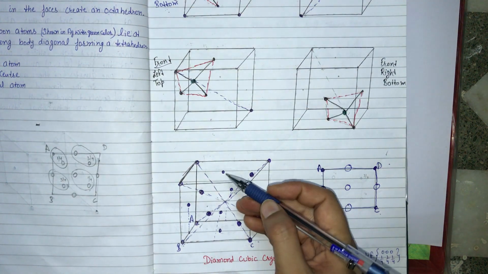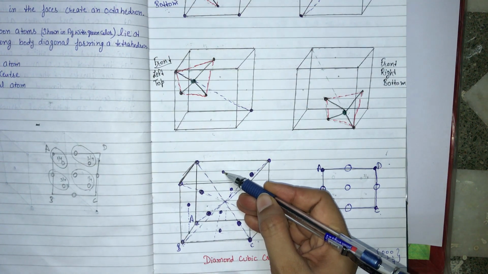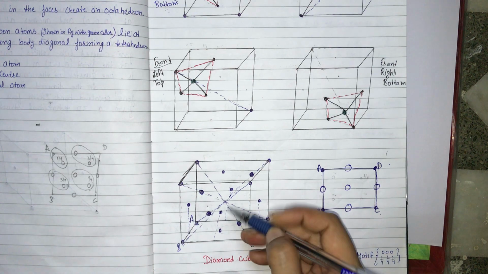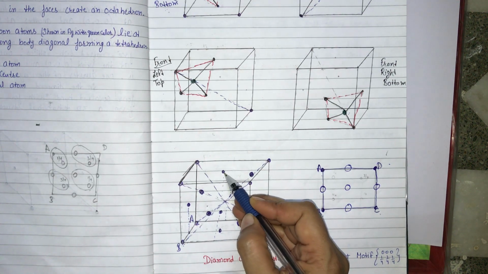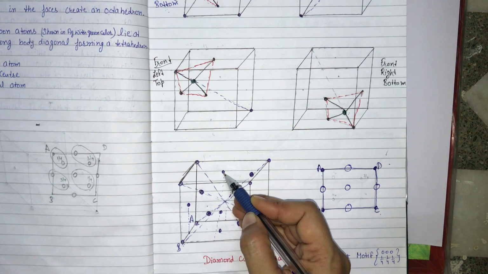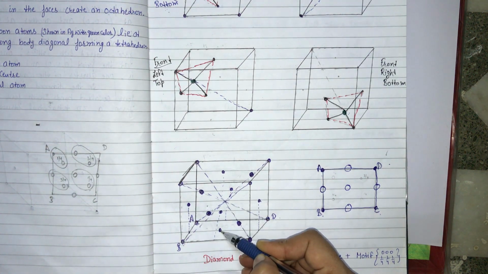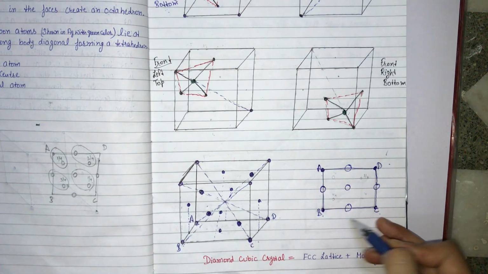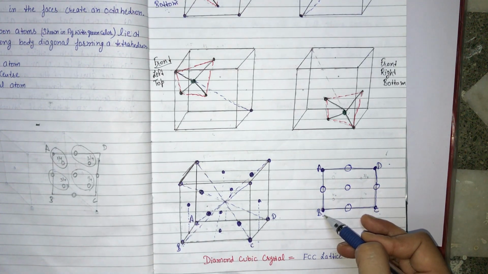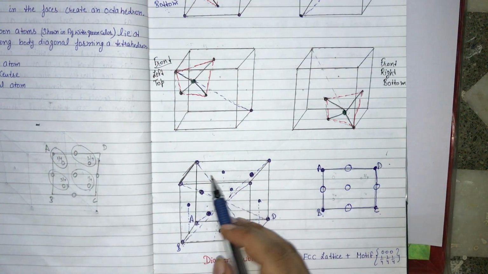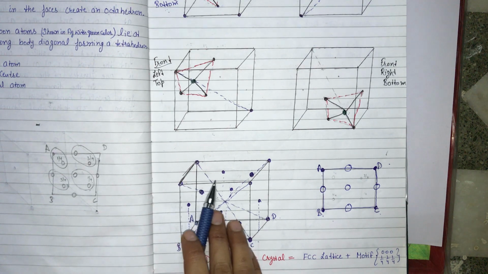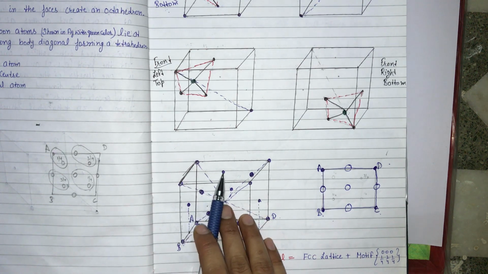Now suppose the top carbon atom projection on this face. If I make the projection of this top centered carbon atom, then this will locate exactly with this point. So this will not lead to a new point. So in this way, if we mark the location of carbon atoms in the two-dimensional projection picture, then we are left with the top face carbon atoms location.